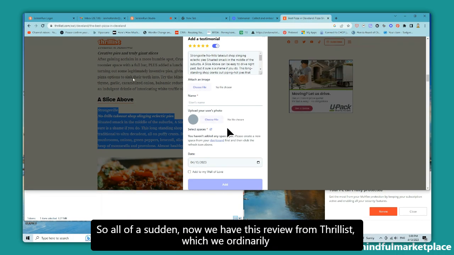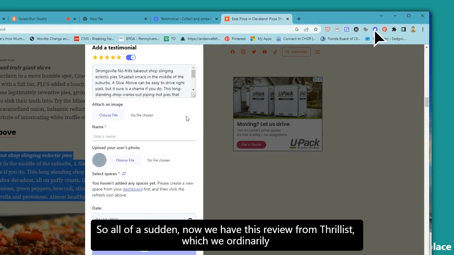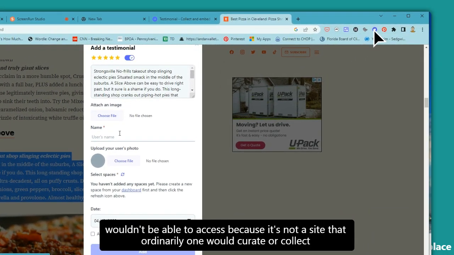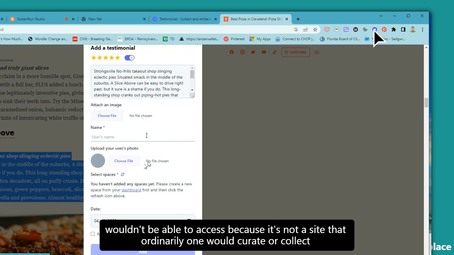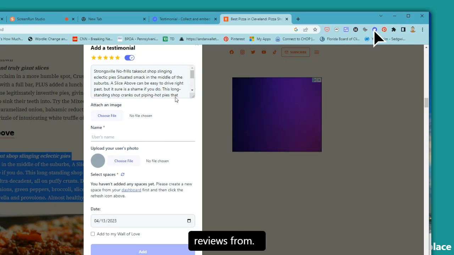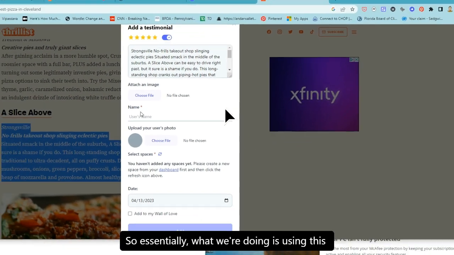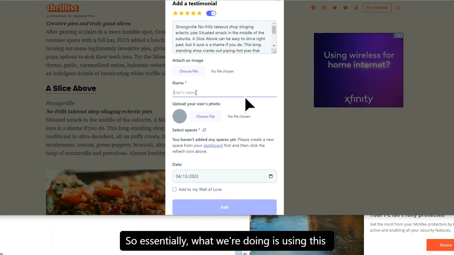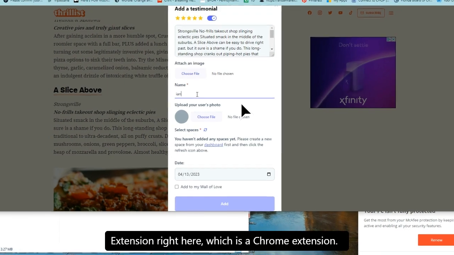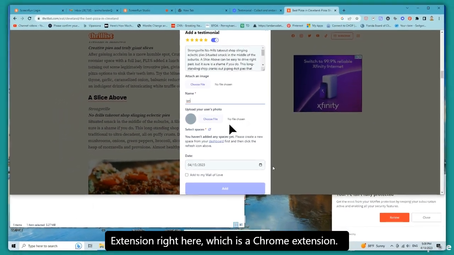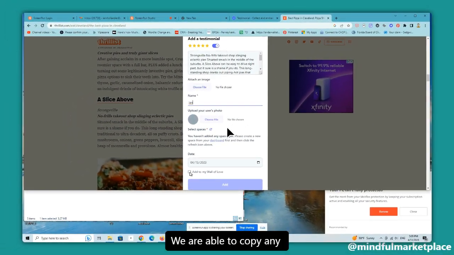So essentially what we're doing is using this extension right here, which is a Chrome extension. We are able to copy any review or piece of content that lives on the web that we can use for our clients or ourselves, right? So let's call this user me, Ian. I'm not going to upload a picture, but I am going to add this to my wall of